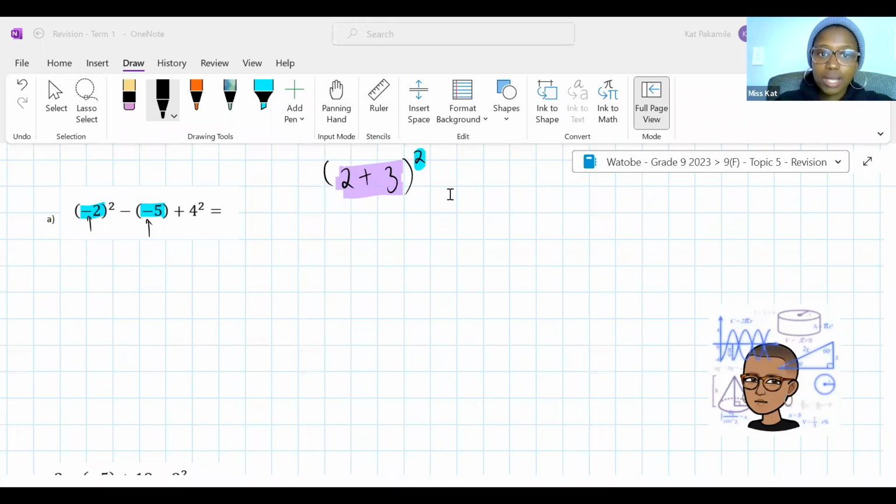What is after brackets in my rule? Tell me. In BEDMAS, what does the E stand for? We've dealt with brackets. What is E? Exponents. Do we have exponents in this case? Do we have exponents? Yes, we do. Now let's deal with them. Let's deal with the first one over here. Okay, so we have a negative 2 squared.